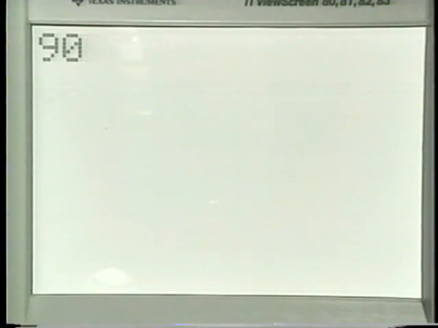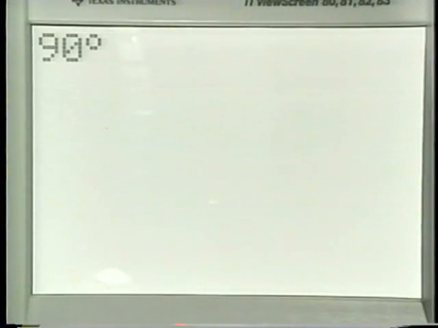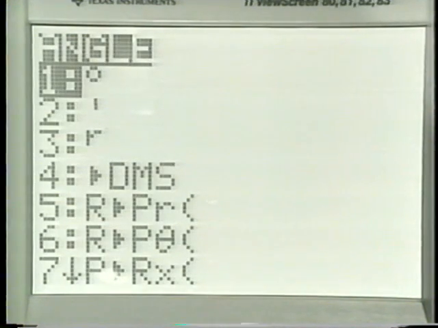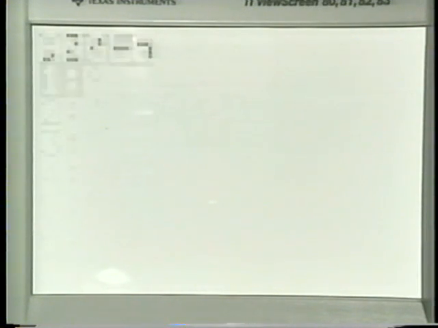So let me get to degrees. Remember how to do that? It's in second, angle, and there's degrees. I hit the 1 or hit enter because I'm already on it. And I'm going to subtract out 56 degrees. I have to put the degrees: second, angle, 1 or enter. 56 degrees, 23 minutes: 23, second, angle,